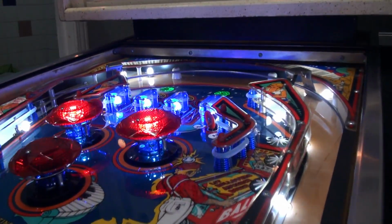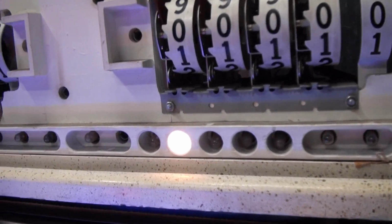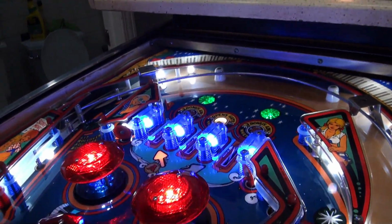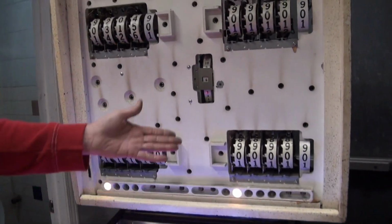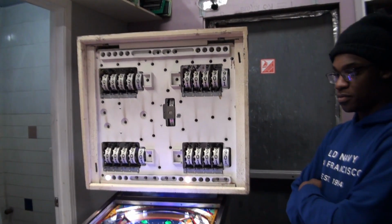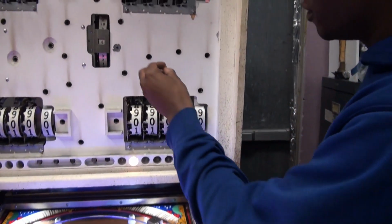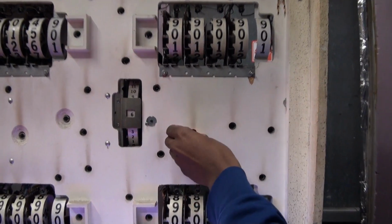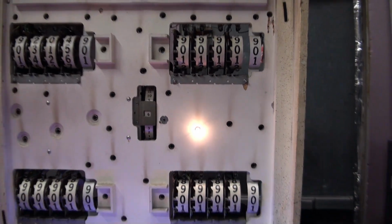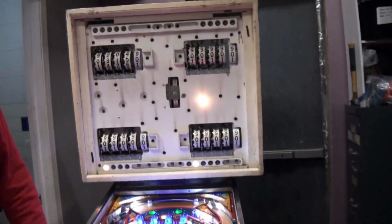And you mentioned, I was talking to you the other day, something about the incandescent bulbs and the LEDs. Yeah, so that's what we're doing right now. We're taking these old incandescents out, actually. We're literally just doing the head now. Okay. We just finished the playfield, so it's all ready to go. This is an incandescent one. But yeah, that's what an incandescent bulb looks like. Grab a natural white. Do you have to do anything to the electronics to make...